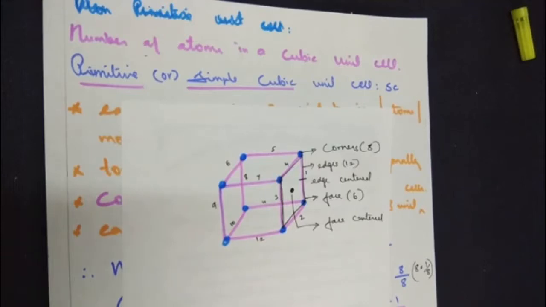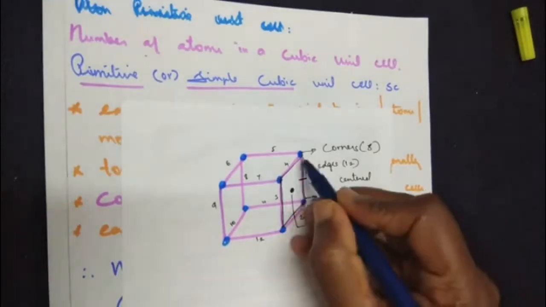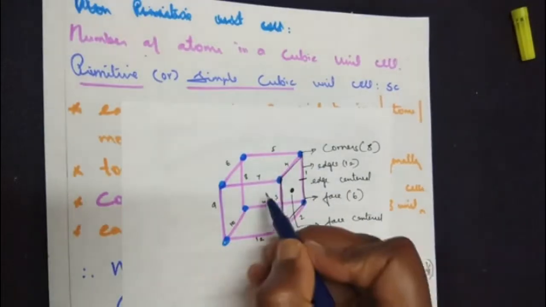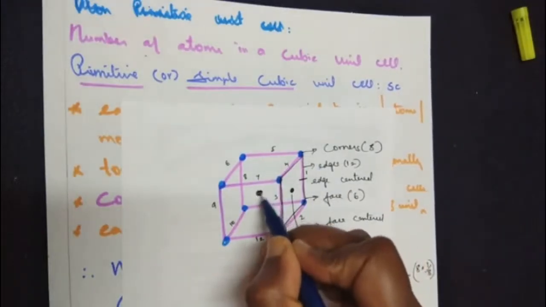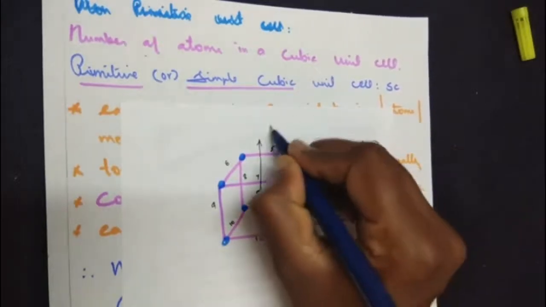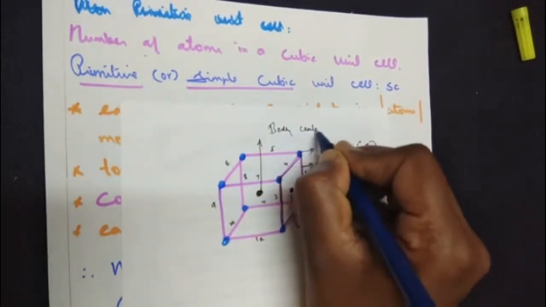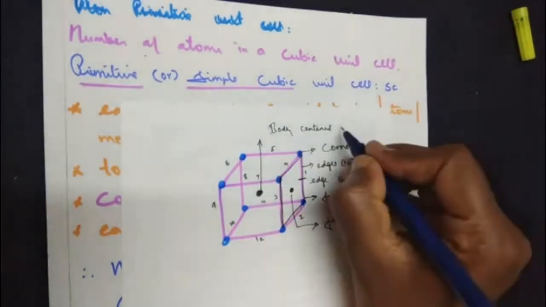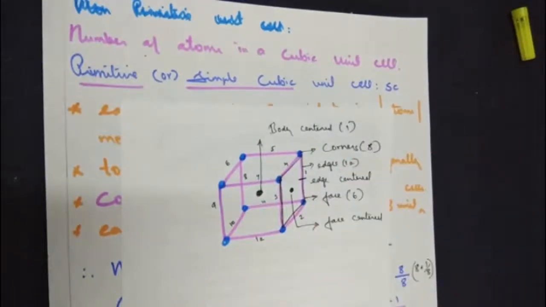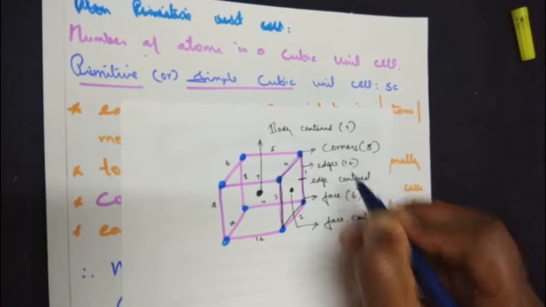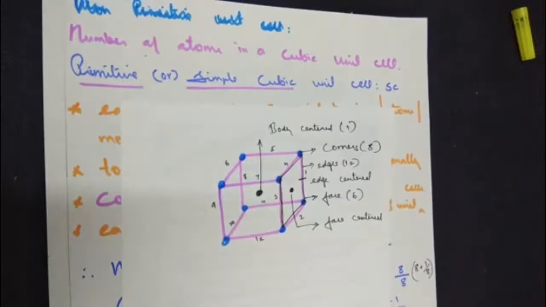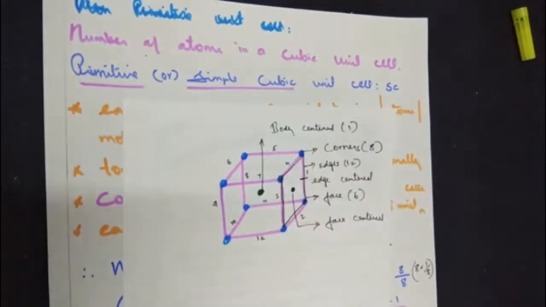Next, we are moving on to the concept called body centered. What's the meaning of body centered? Apart from the primitive unit, that is atoms at the corners, there will be one particle in the middle of the unit cell. This we call body centered. How many body centered particles can there be? Each unit cell can have only one. So corners are 8, edges are 12, faces are 6, and body centered, each unit cell will have only one particle in the middle.